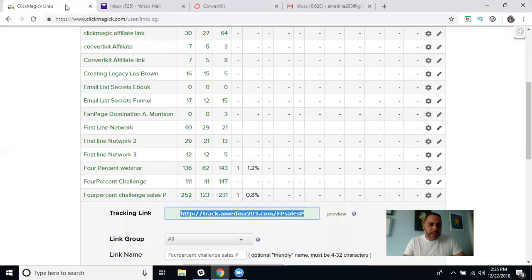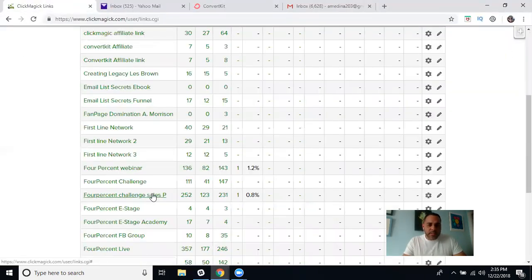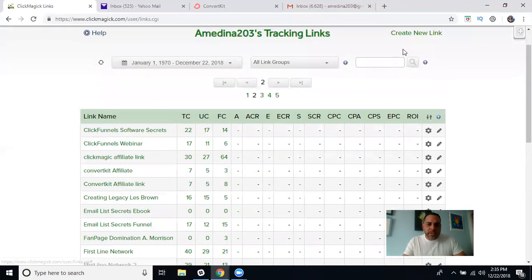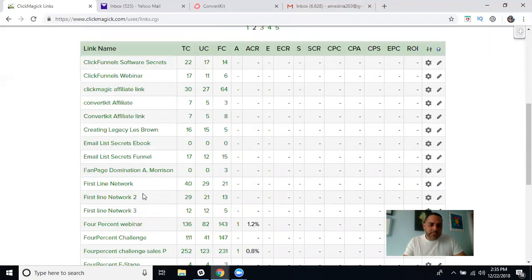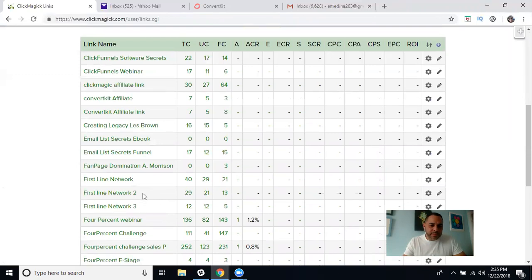I go to Click Magic. Okay, and I will create a new link. I will put that URL right here. I'll give it a link name and link ID right behind your tracker. So basically, for an example,